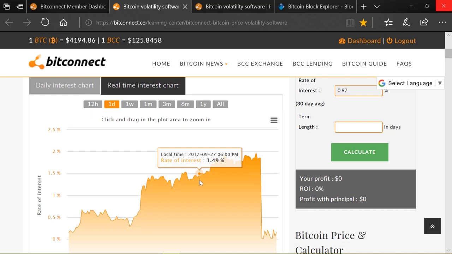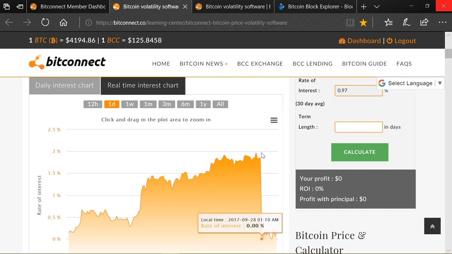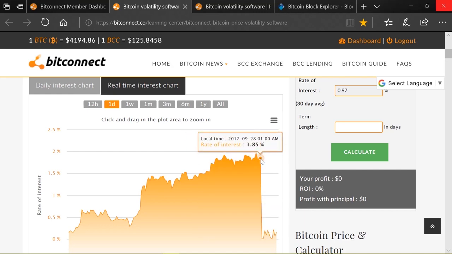So if it's having a gain day, if there's a bull market, it will take those peaks and troughs, and as it's doing better and the day progresses and it still looks like it's going up, it will bet more and more of its Bitcoin assets into the system. And when it sees a drop, it consolidates throughout the day. So the system never lets you go negative, and today was a good day. We got 1.85%, which is a good day.